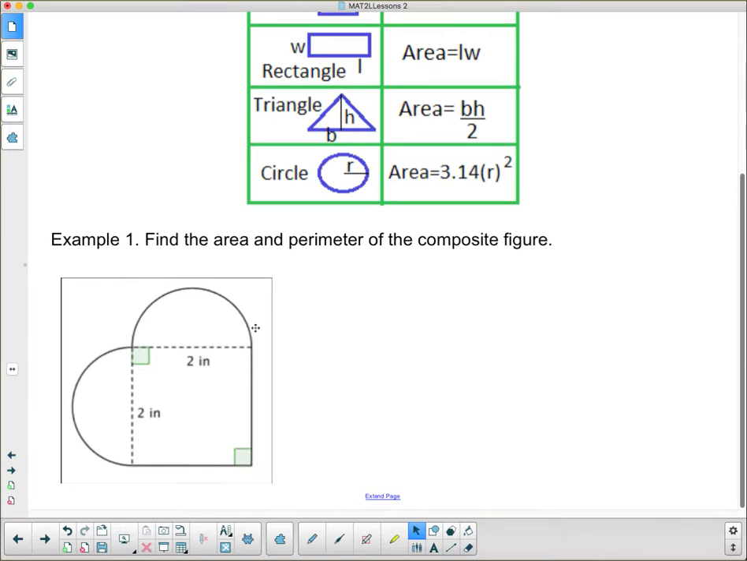This one actually looks like a heart, but it's made up of a circle and a square. We need to split it apart, find the area of the smaller pieces, and then add them together. That's the whole idea of finding the area and perimeter of a composite shape. So the first thing we're going to do here,